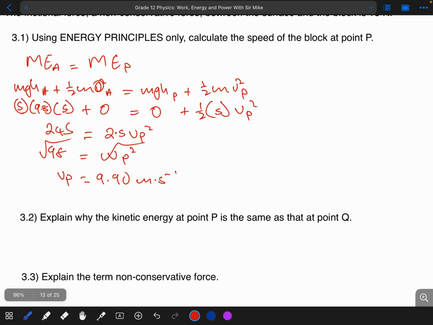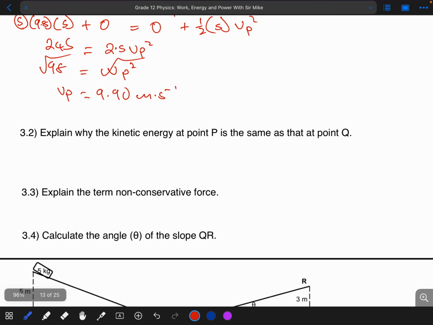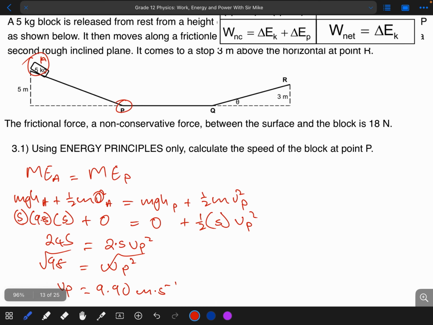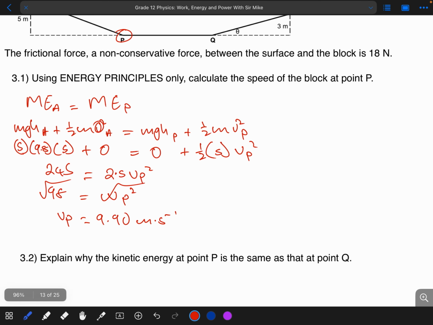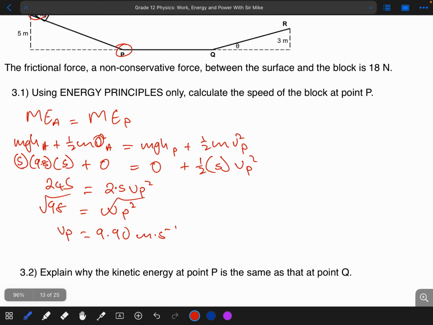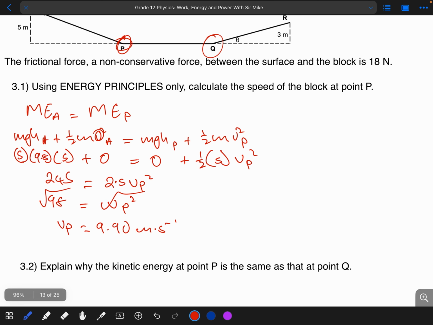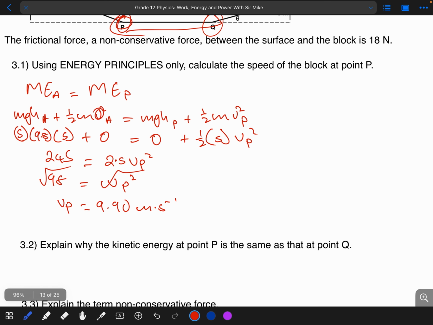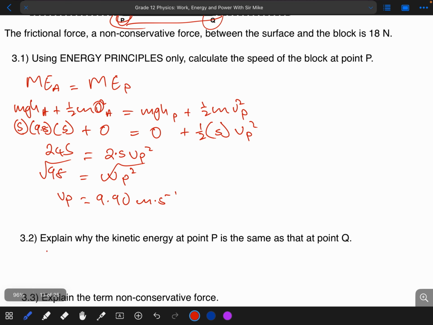So for 3.2, they said to explain why the kinetic energy at point P is the same as that at point Q. So they're asking us to explain why the kinetic energy of the object at this point is equal to the kinetic energy of that same object when it reaches point Q. And the reason for that is very simple. We know that between these 2 points there is no frictional force there. So there is no force that is causing the object to lose its speed nor to gain more speed. So we can say that's because